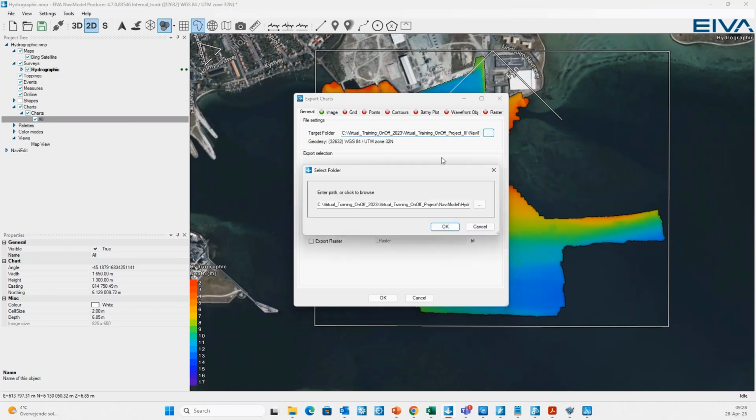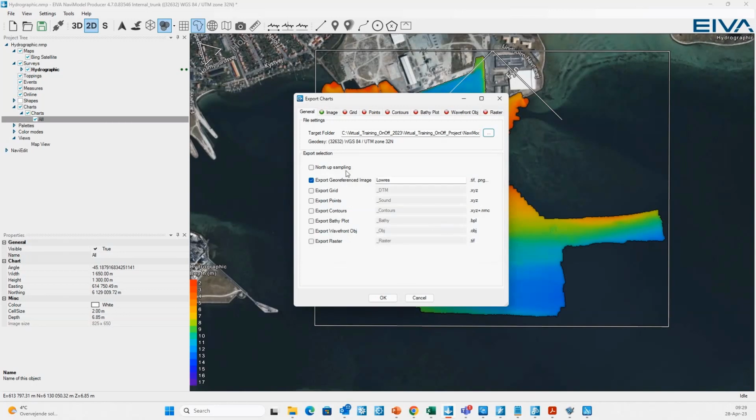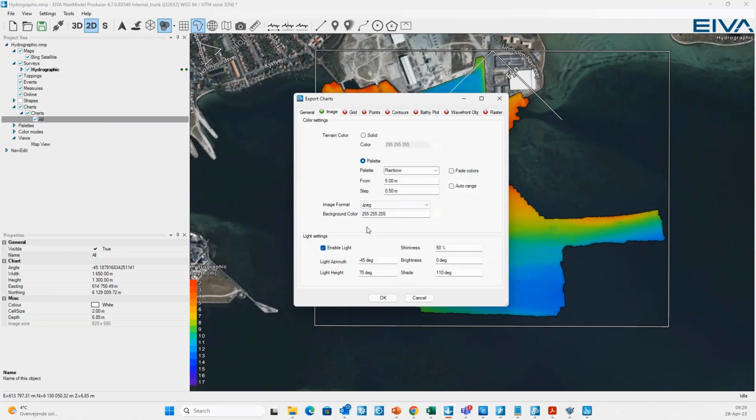I can browse and then you can see there's a long path here, but it's basically our project and the export folder. We haven't used the export folder, but this is the default folder that we will use for export. It's a subfolder to the hydrographic check folder. I'll okay that. And then I will go to the image tab